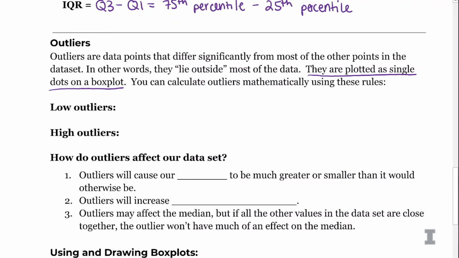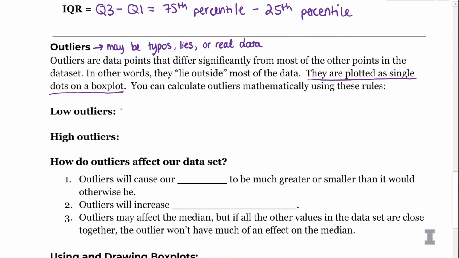In statistics or in data science, oftentimes outliers can be things like typos. We don't want typos, but sometimes if you're typing into an Excel sheet, you might add an extra 0. You mean to type 100, you type 1,000. That could show up as an outlier. Sometimes they can be lies on surveys. Sometimes people put outrageous answers on surveys just because, and then you can get an outlier from that. Or even, I guess most importantly, outliers can be real data. Sometimes you just happen to have outliers. And so we want to know for our box plots what values are outliers and what values aren't.